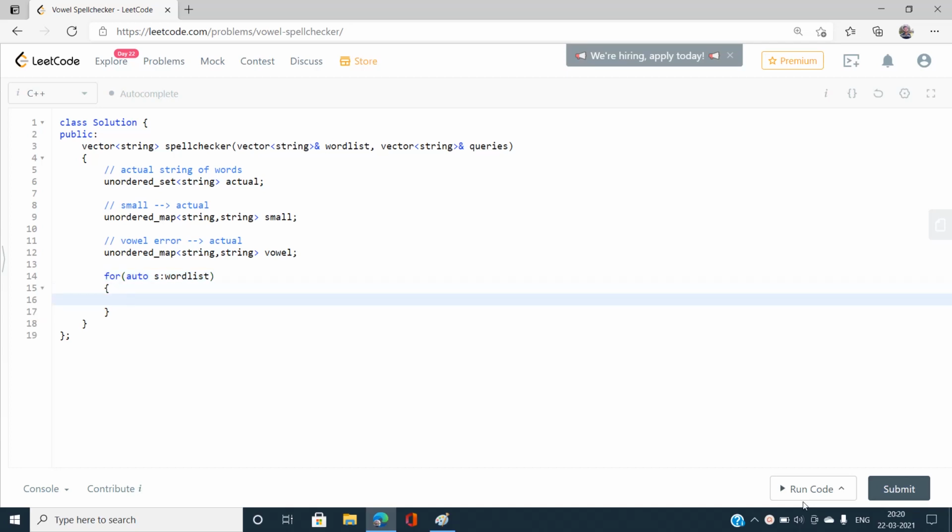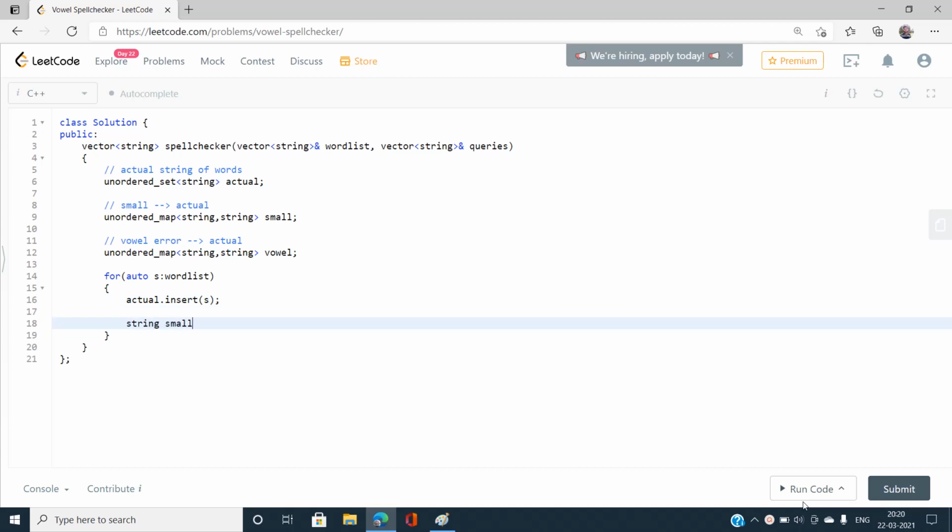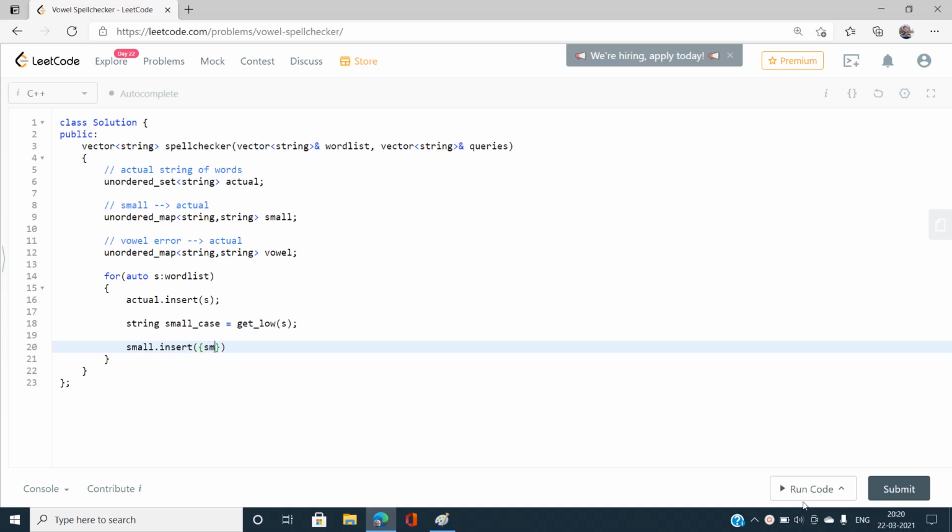Now let's insert the string s. I'm going to convert it to small case first. String s equal to small case, that is, convert the string into smaller case. I'm going to add a getLow function and pass the parameter s. I need to define the getLow function later on. And let's do small dot insert. I'm going to write small case comma s, and note that I'm not going to write small of small